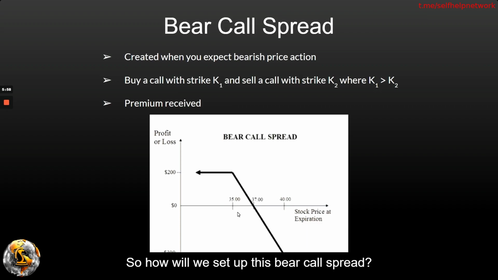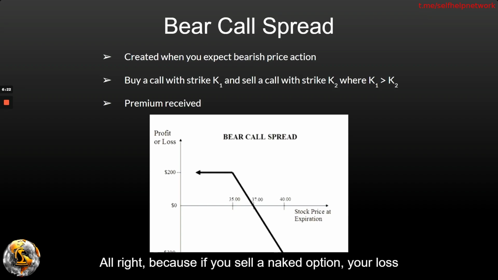Okay, so how will we set up this bear call spread? We expect the price to go lower. We want these calls to expire worthless. The option whose strike is closer to the stock price is going to be more expensive. So what do we want to do with it? We want to sell it. And the option that's farther out is going to be less expensive, so we buy it in order to cap